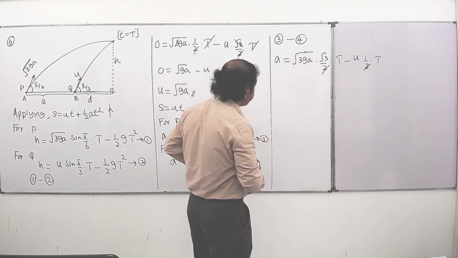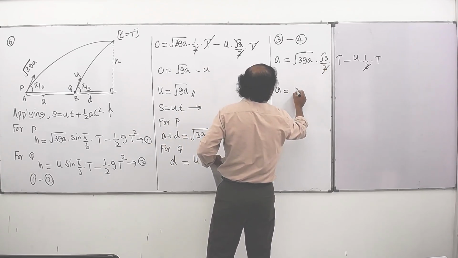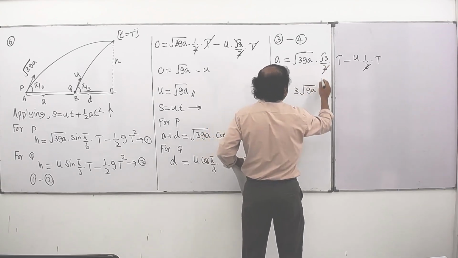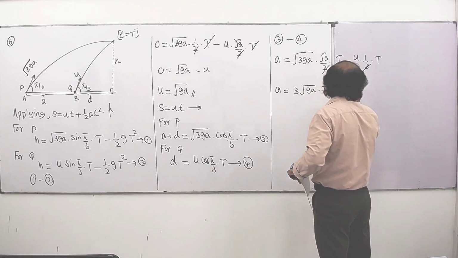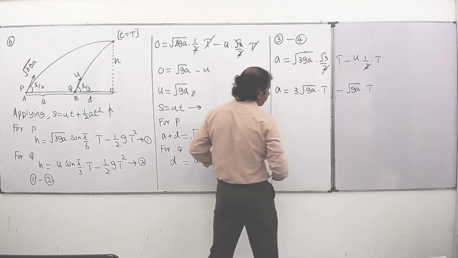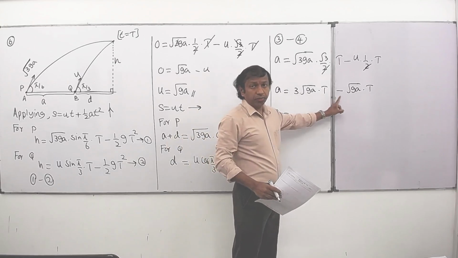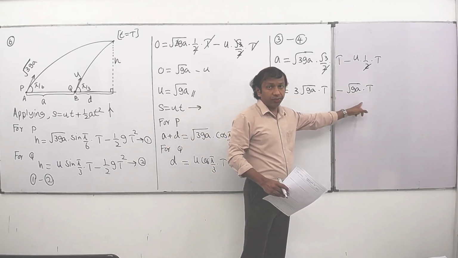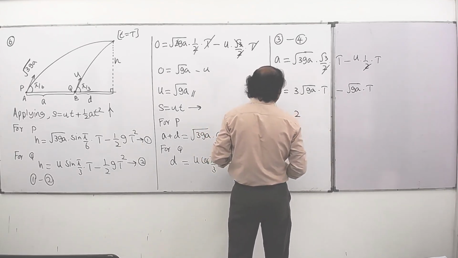Then here, root 3, 3 root g a times t minus u root g a t. Now what is this? 3 root g a t minus root g a t. It's like 3x minus x. It's 2x, no? 2 times